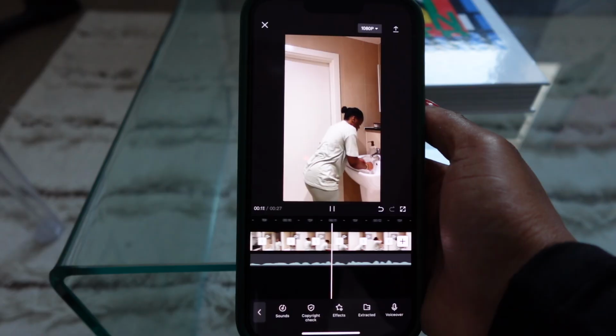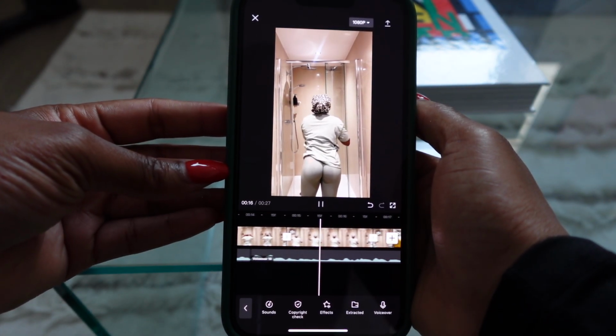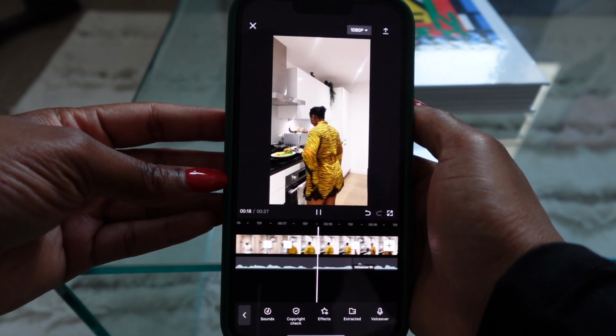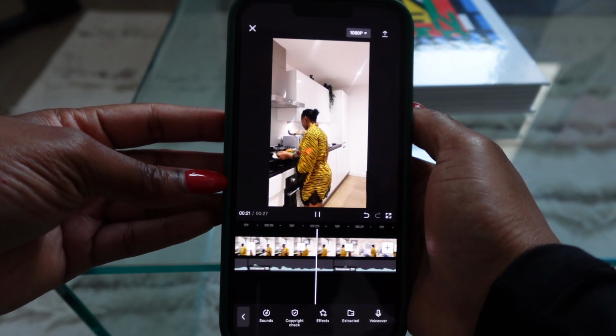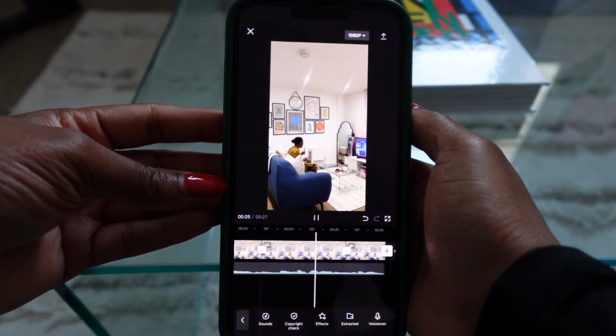Anyways, it was time for me to get ready for the night. So I did like my whole skincare, shower. And I was always making dinner while I'm showering as well because I like when my food is like finished when I'm out. So I made myself a chicken burger, which was honestly so good. And I just sat down, watched Love Island and pretty much just chill for the rest of the night because